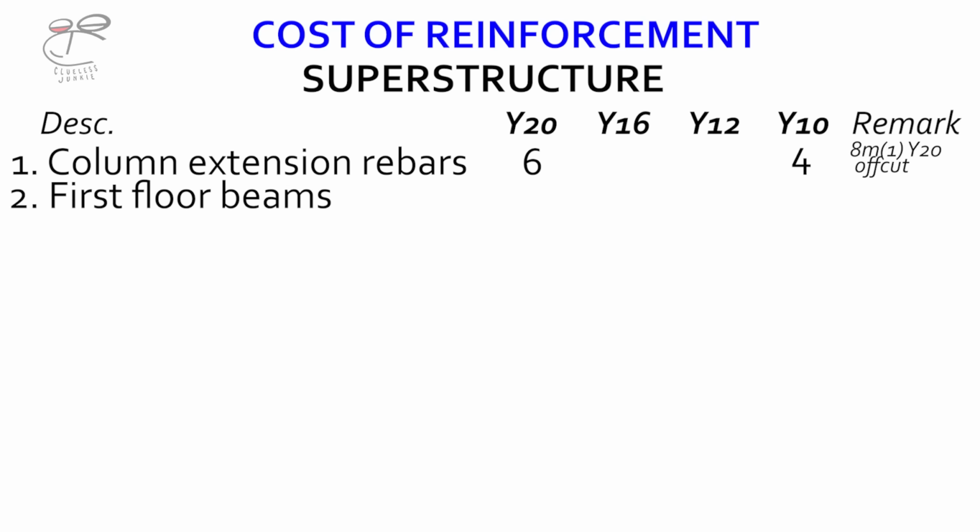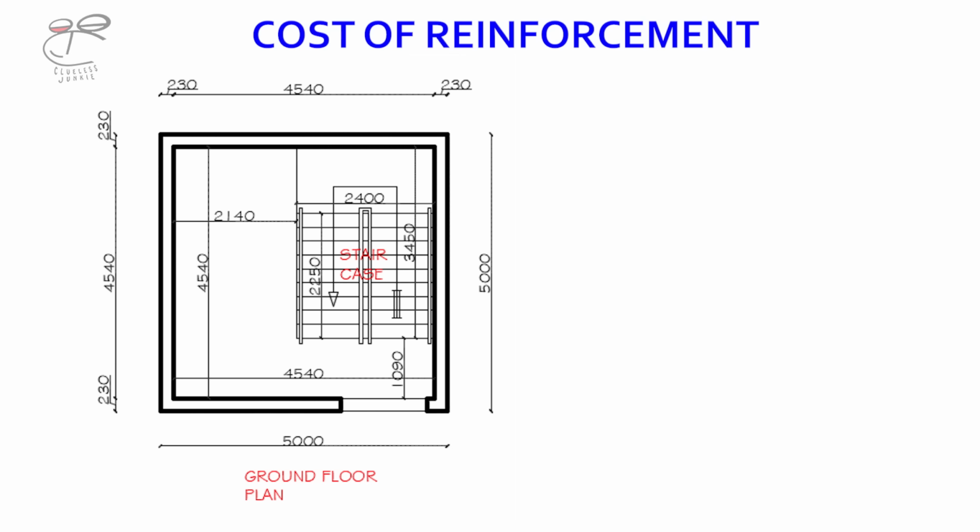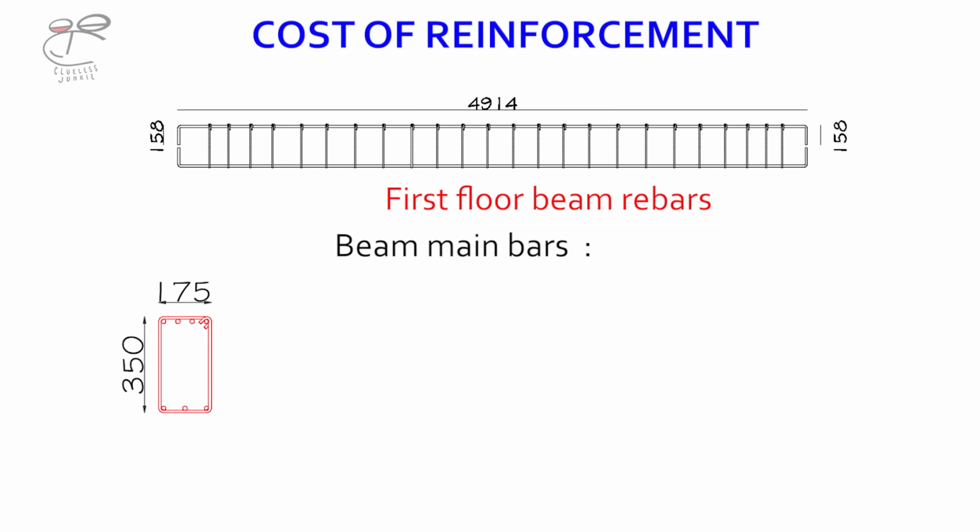The next item is the first floor beams. The details of these beams are usually stated under the beams details in the structural drawings. So on the first floor beams, we need to do the beam main bars, and then we get the length of each bar in the